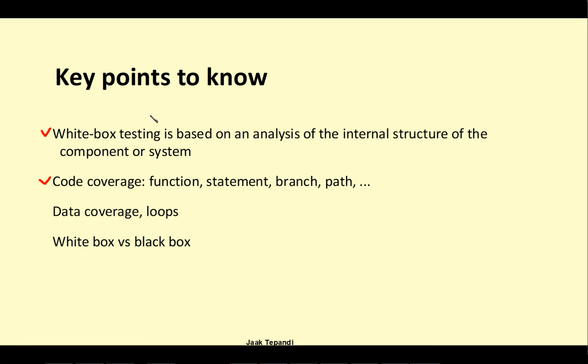We didn't consider function coverage, but it's obvious we have many functions, and function coverage says that we should execute at least all functions in this system. We didn't consider data coverage and loops in this video, but please have a look at this course website and